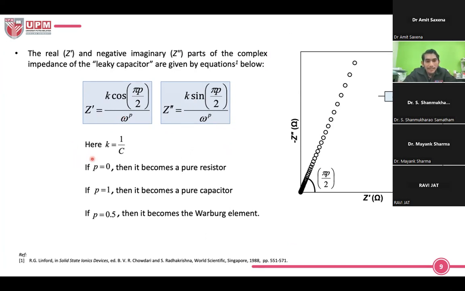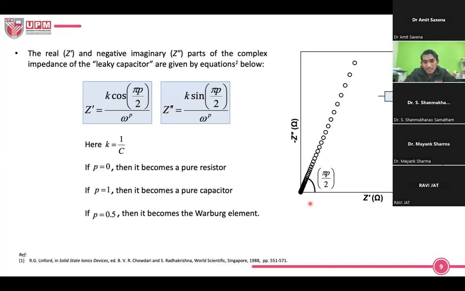K is the reciprocal of the capacitance, and p pi over 2 determines the angle or inclination of the spike, and the value of p varies from 0 to 1,